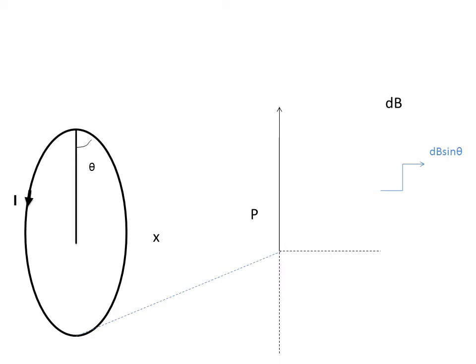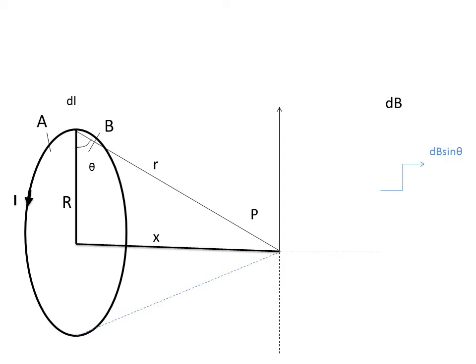Here we have a circular loop of radius capital R. P is a point at a distance x from the center of the loop. We have to find the magnetic field at P. For that we are going to divide the current carrying loop into small elements, each of length dl, find the magnetic field due to each element and add them up. So this is a small element AB on the current carrying conductor. Its length is dl. The distance from the center of AB to the point P is r.